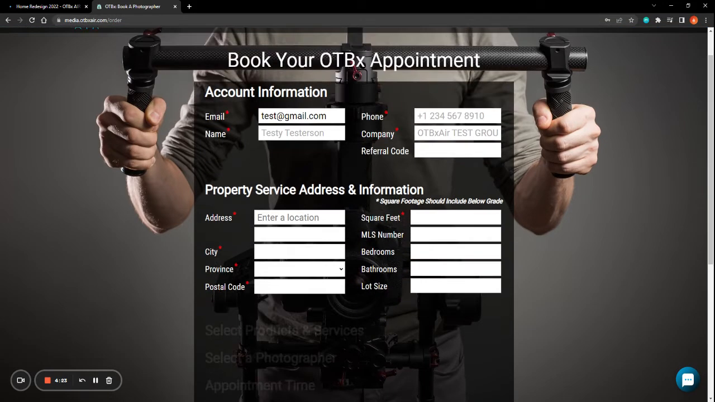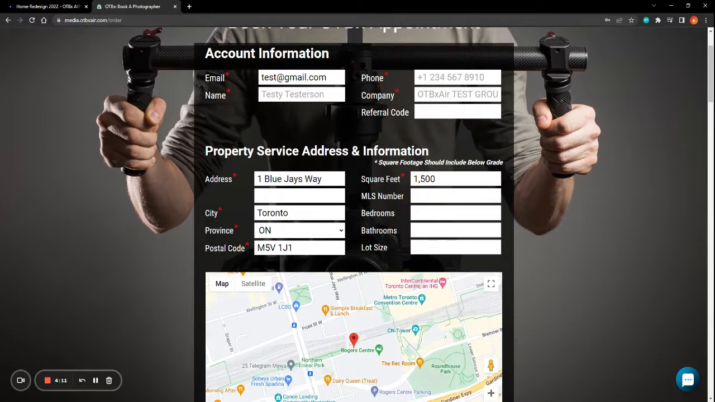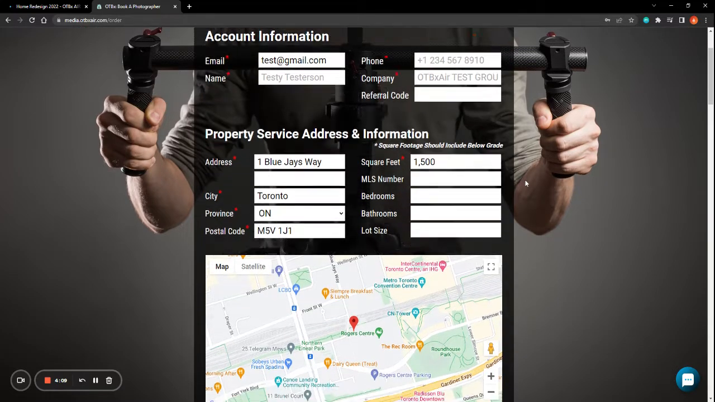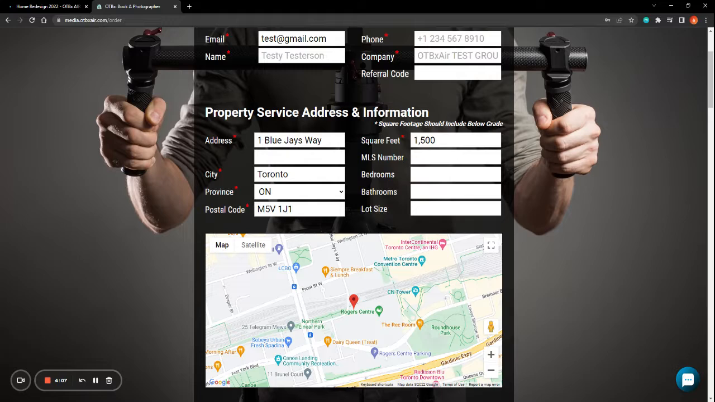Then we're going to go down here to the address. I'm going to say this is 1 Blue Jays Way, Toronto. And let's say I'm bad at guessing my square footage, and I'm going to say it's 1,500. Please keep in mind that the square footage does include below grade as well. You can also input your MLS number as well as the bedrooms, bathrooms, and the lot size